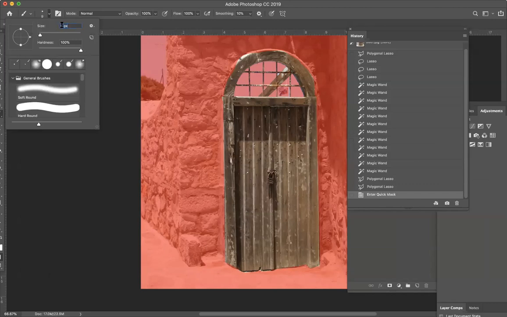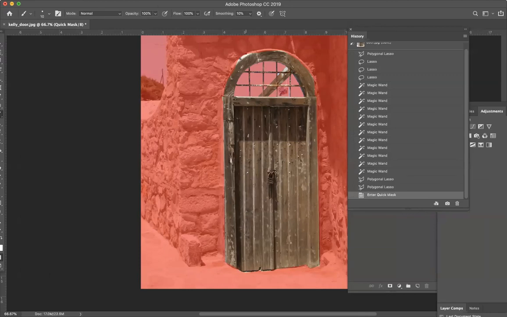And you can type in 10 if you can't get it on the slider. 10 and a hardness of 100. But you can change that as you're painting. It's all very individual. And then we're going to go over here and I'm going to zoom up a little,